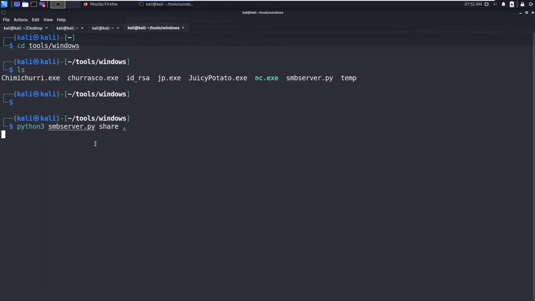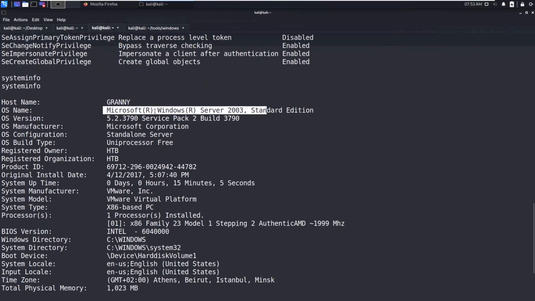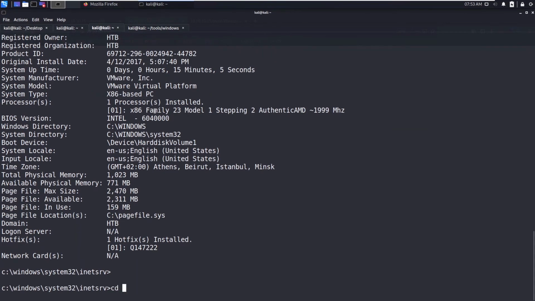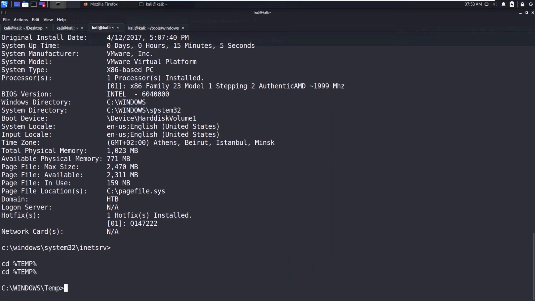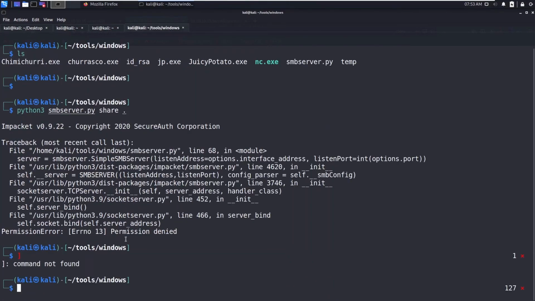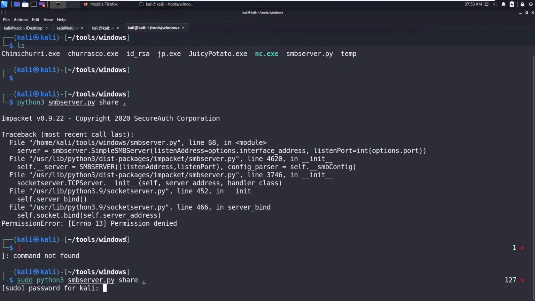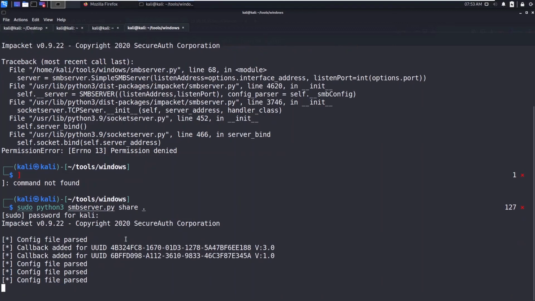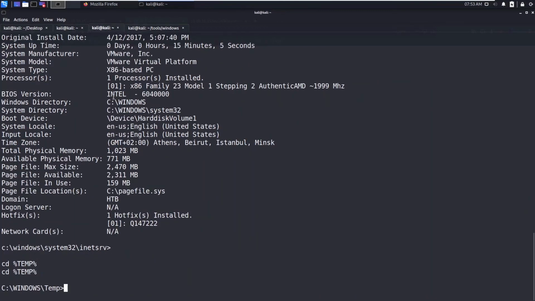Okay, I am going to share this folder with the smbserver.py file. Now I don't know which directory is writable. Let's go to the temp directory. We can write there. Okay, let's copy.